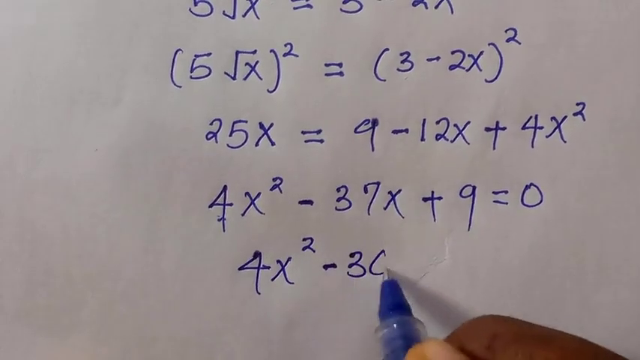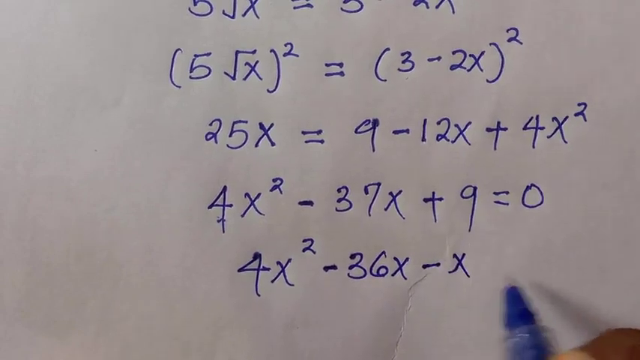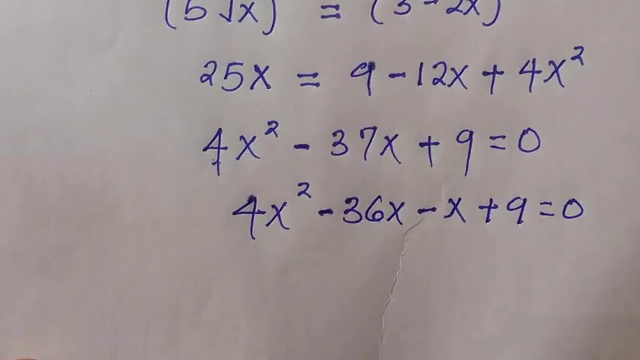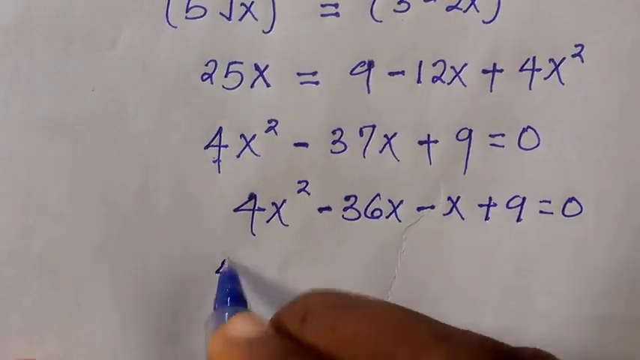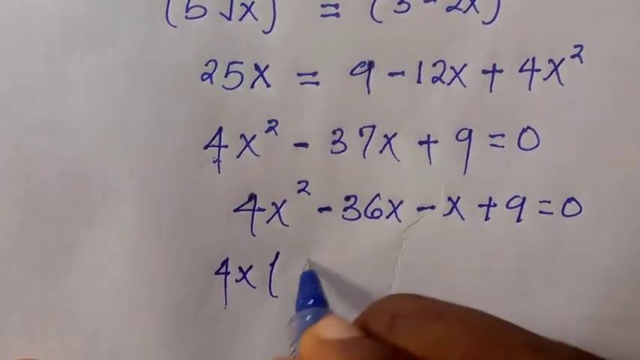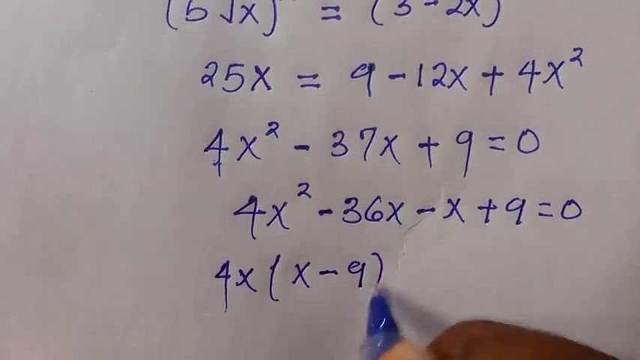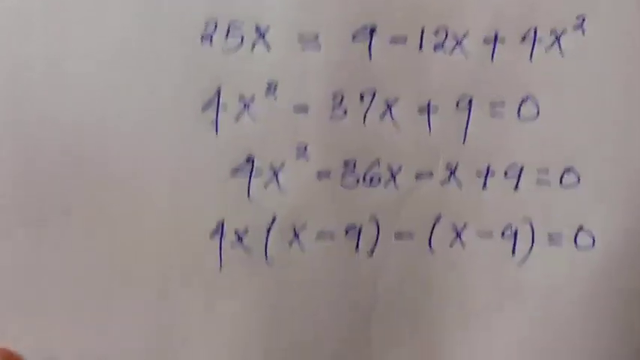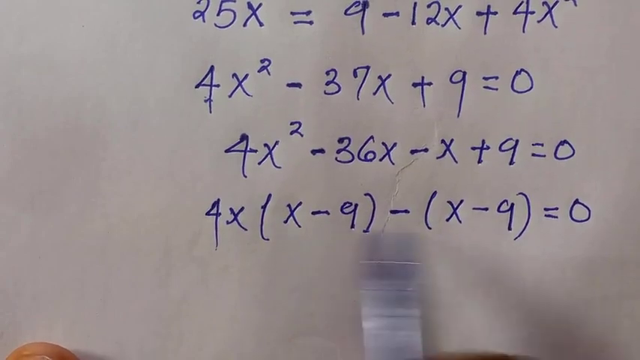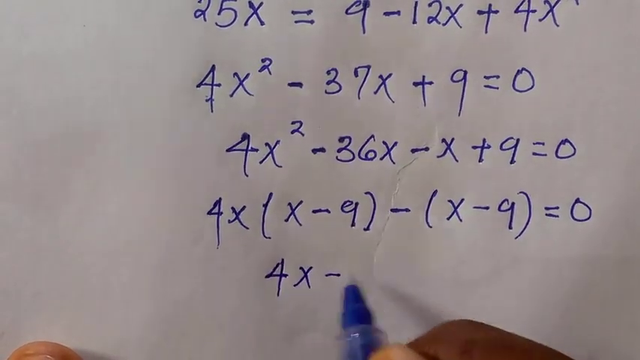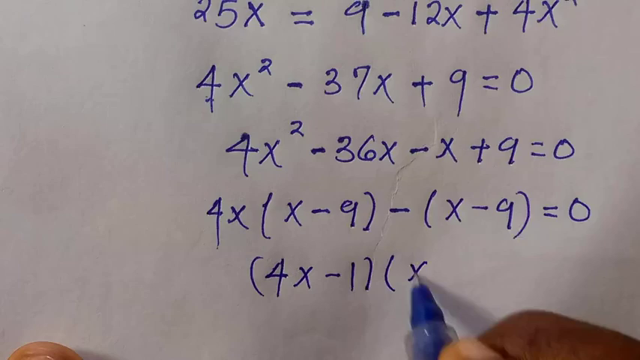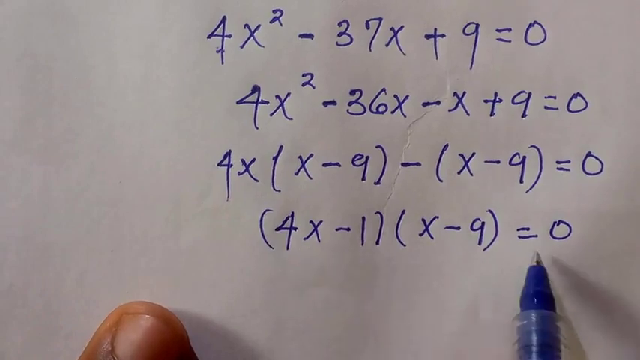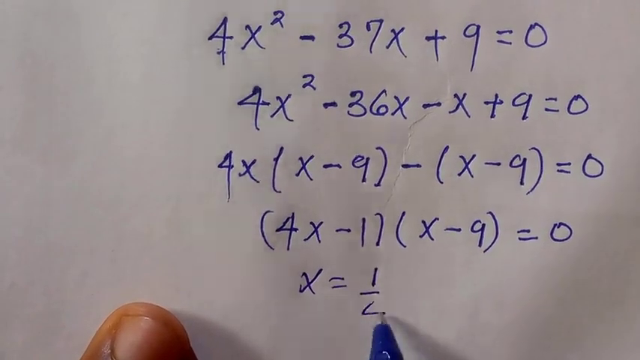So doing that, we have 4x squared minus 36x minus x plus 9 equals 0. With the whole of this, when we group it, we are going to have 4x bracket x minus 9 minus bracket x minus 9 equals 0. Again, we combine these together, and we take one of the brackets. Therefore, we have 4x minus 1, or x minus 9 equals 0. When we let each equal 0, we have x equals 1 over 4, or